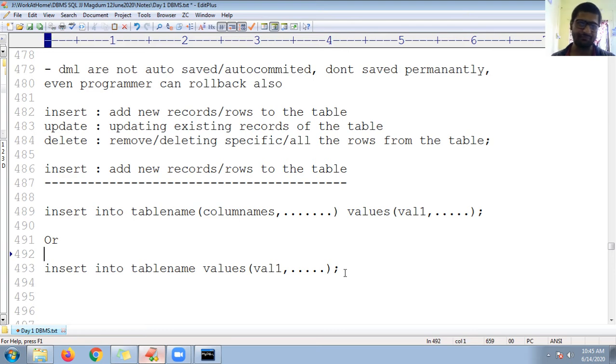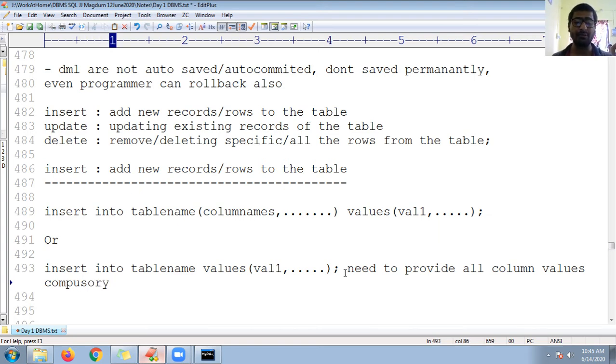But the problem with this second syntax is that you need to provide all the column values compulsorily, because here we are not mentioning the column names.